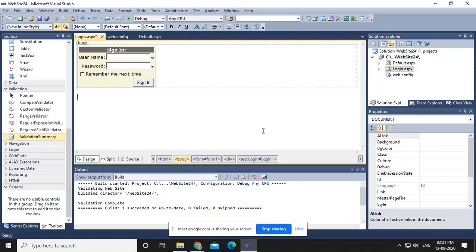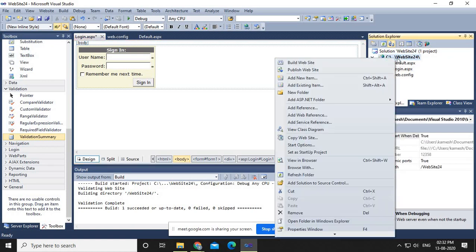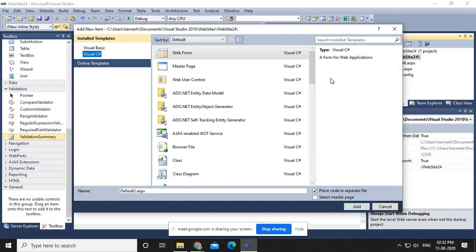So yes, we can do that, right? Without going into this ASP.NET configuration tool, we can allow users to register themselves into our website, and they can become a member or user of our website. So how can we do this? For that purpose we are just inserting a new page, and obviously this will be a registration page, so registration.aspx, or you can also write sign up.